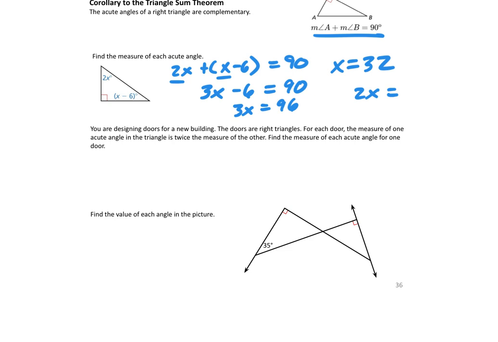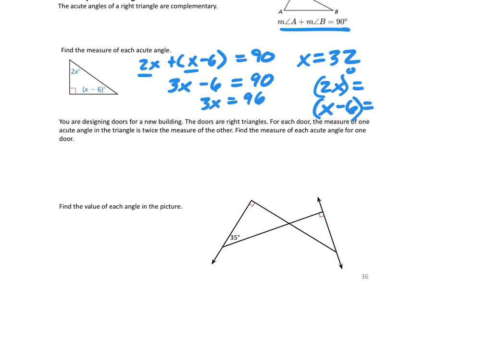Okay, it does not say find x. Sometimes it'll say find x and we'll be done. This one does not. This one says find the measure of the two angles. So the first one is 2x. We now know that x is really 32. So this is really 2 times 32, which is 64. My other one is x minus 6. So it's 32 minus 6,